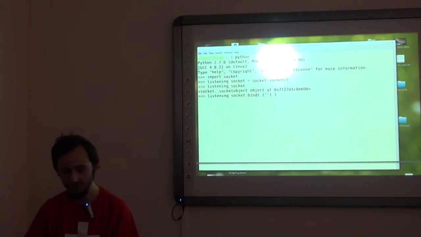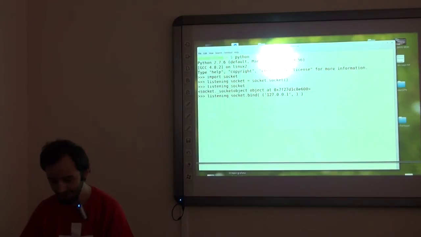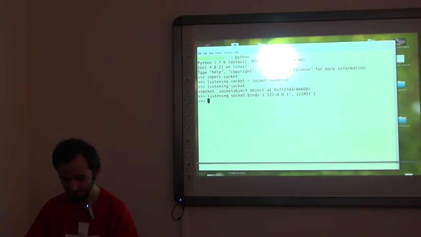So the first argument in that tuple is the interface. In my case, it's this one, and in your case too. And the next argument is the port number at which we want to accept connections in the future. And let's do this at port 12345. So now I did this.